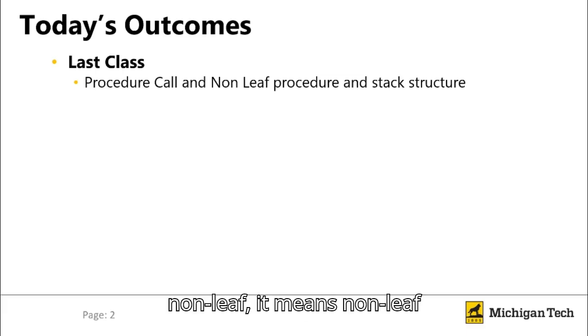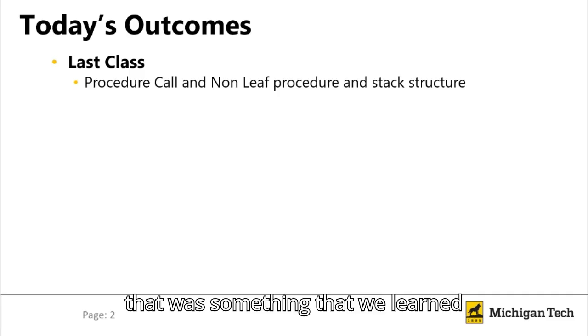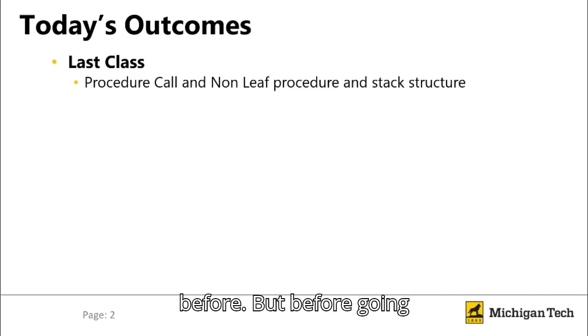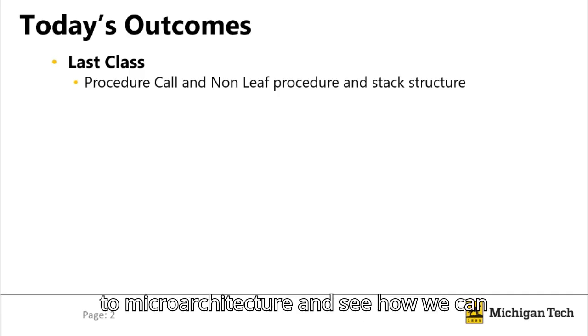But if you are non-leaf, it means non-leaf is kind of a callee that is also a caller. So in non-leaf, in addition to saving callee registers, we also need to save caller registers. So it means save all registers, a stack pointer, and also temporary, argument and return addresses as well. So that was something that we learned before, but before going to microarchitecture and seeing how we can design data